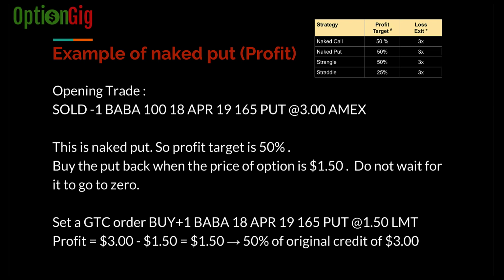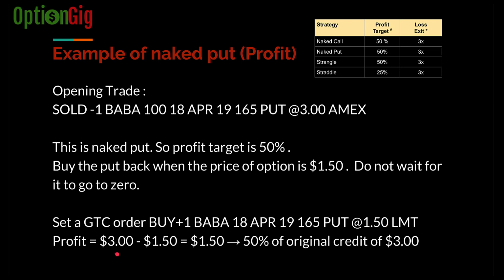So the best way to avoid your emotions getting into it and to do it mechanically is, once your opening trade goes through, you should immediately set a good to close order with your limit, which makes your profit equal to 50%. So in this particular case, once my initial opening trade has gone through, I would immediately set a good to close order for BABA to buy back the 165 put at $1.50, because the profit would be